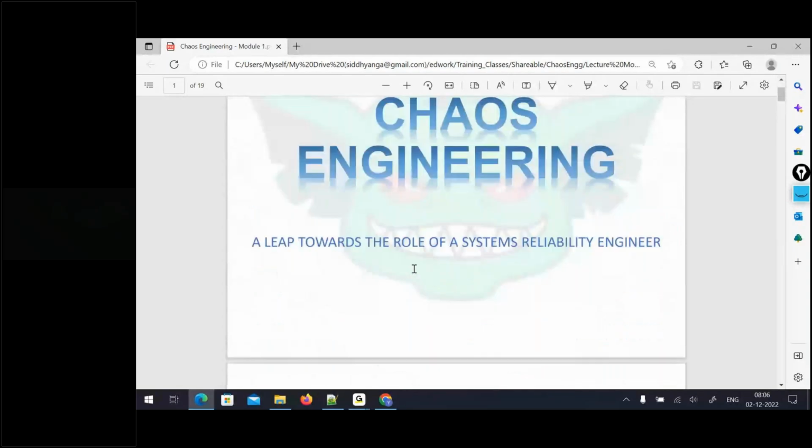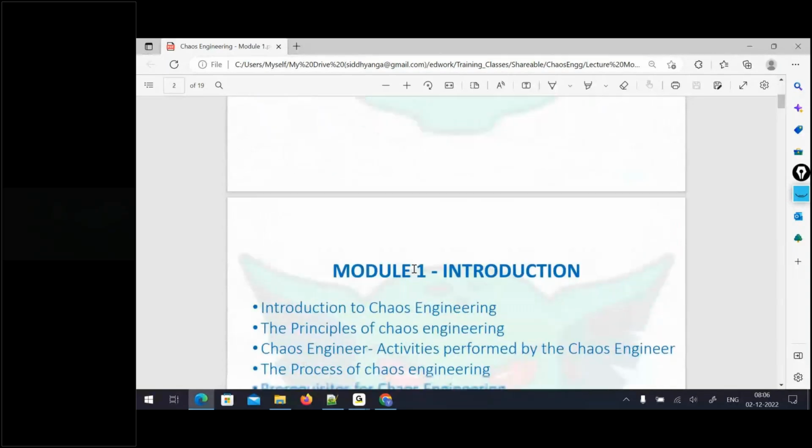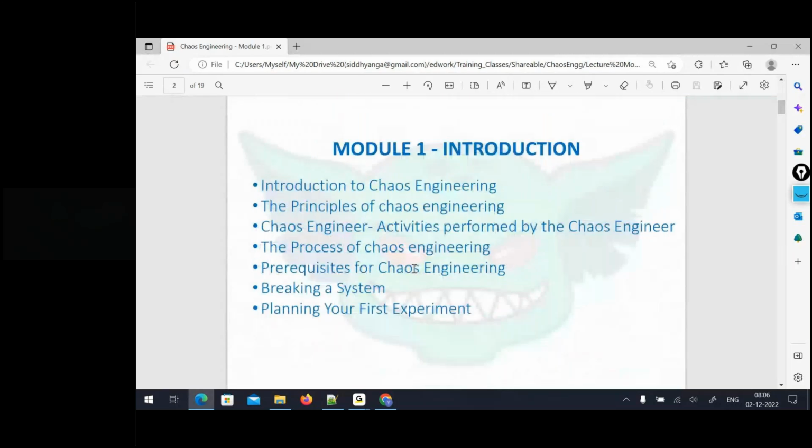Yeah, so this is module one. We will be starting with module one today. Basically, it's the introductory module, introduction to chaos engineering, and here we will be seeing what led to the